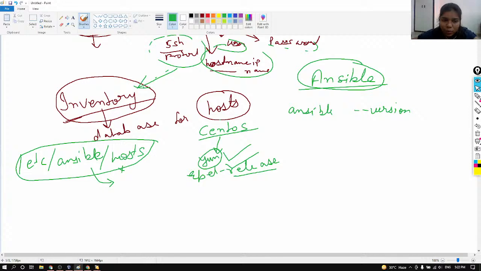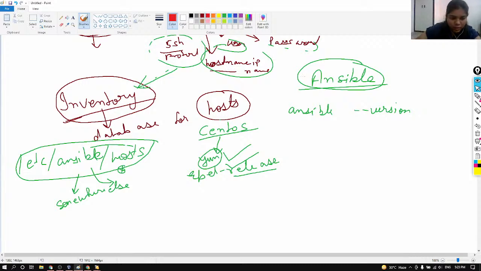So we are not supposed to use this file directly. Instead, we can copy this file somewhere else, and from there we can use it as the inventory, right? And as I said, in this file we have to mention the hosts' names. Okay,